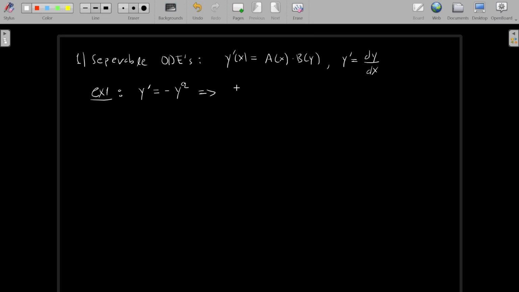This can be written as dy over dx is equal to minus y squared, and this can be separated, getting the y's and x's on different sides of the equation, as dy over y squared is equal to minus dx. And here we can integrate each term, so this integral is just minus 1 over y is equal to minus x plus a constant,